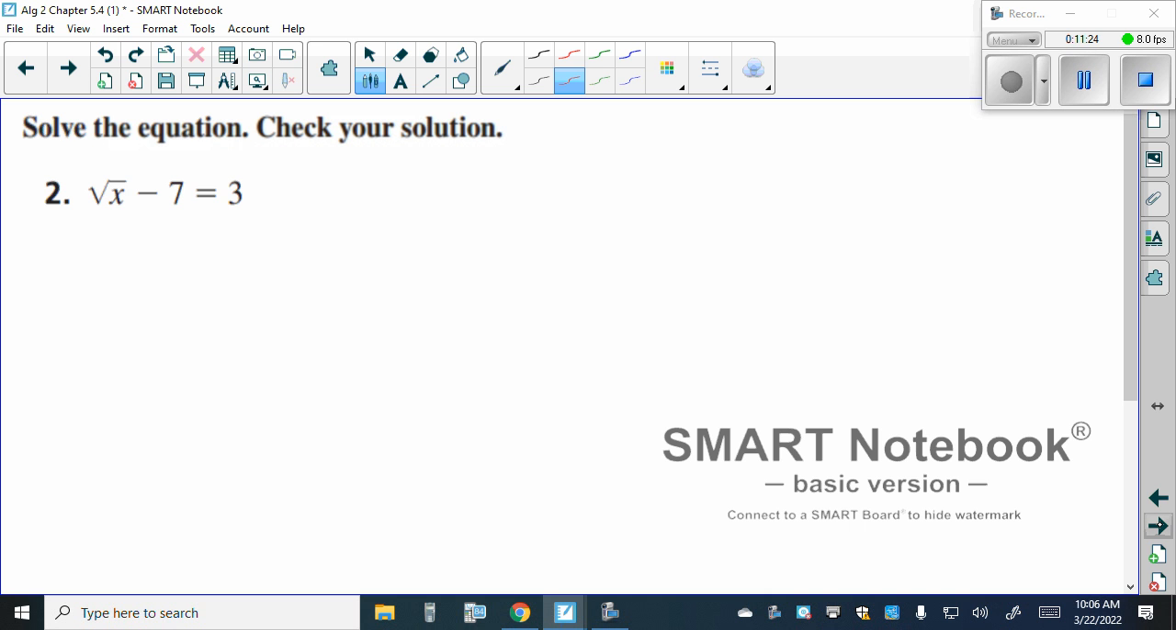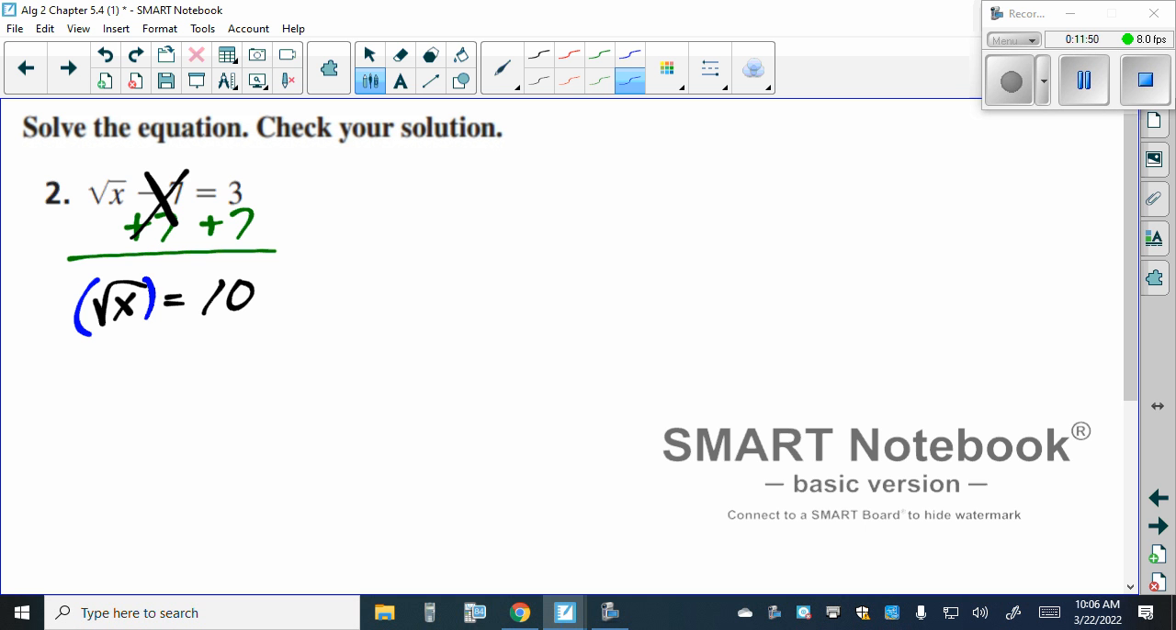How about this one here? What would we do first? We would need to add 7. We need the radical by itself. We need to add 7 to both sides, because negative 7 plus 7 will cancel out, telling us that the square root of x is equal to 10. Square both sides, exactly, so x is equal to